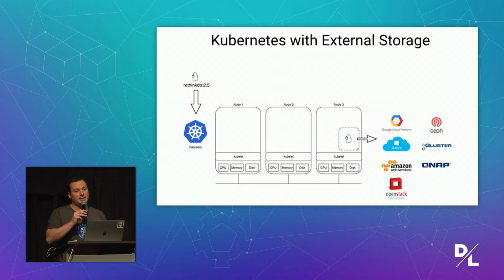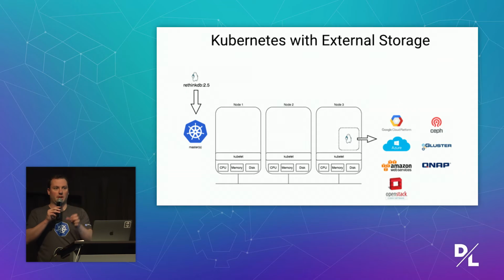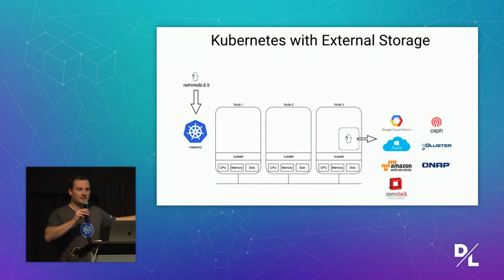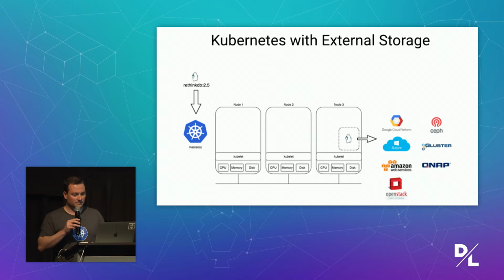The other thing to remember is that your cloud providers usually don't allow you to move persistent disks from one availability zone to another one. So if you have a Kubernetes cluster that's spread across multiple AZs, your database instances may not be able to move across. So that's something to be aware of.